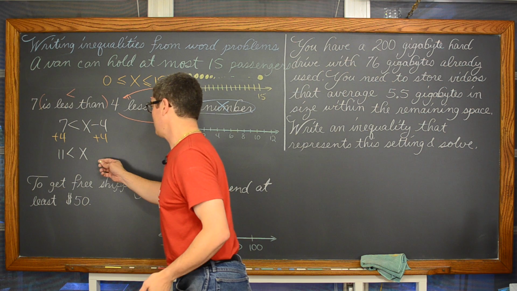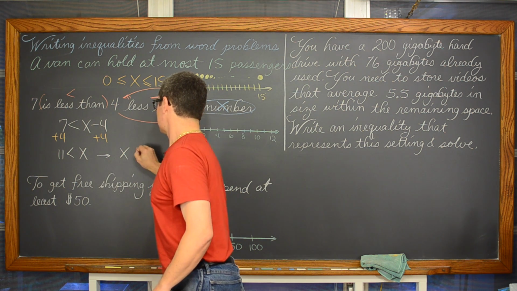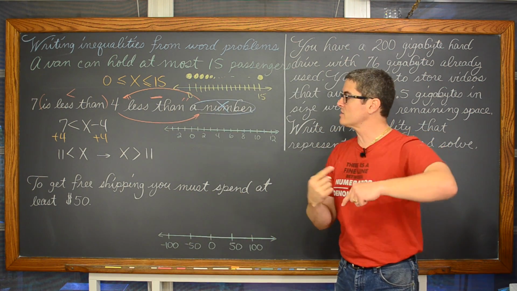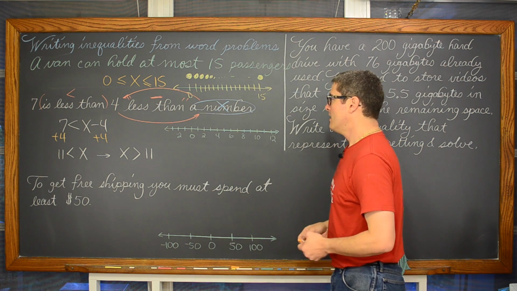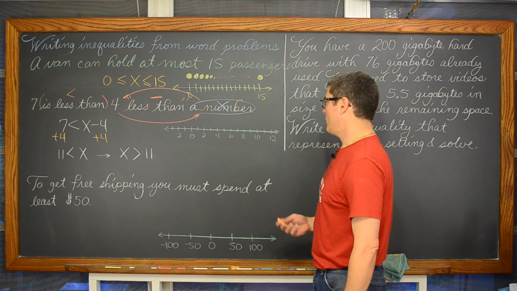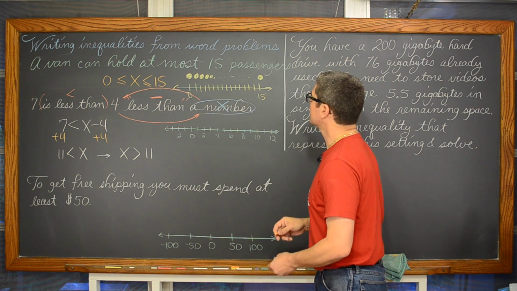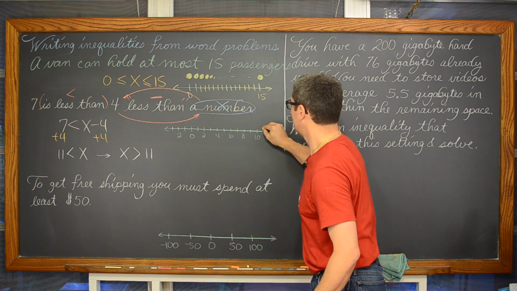Or I could actually write it in the opposite order, which I always cringe a little bit when my students do it because they often forget to change the direction of the inequality sign with it. And placing that on the number line, we're going to put an open dot. There's no equal sign on the 11. And I guess we'll do this in yellow. Open dot.